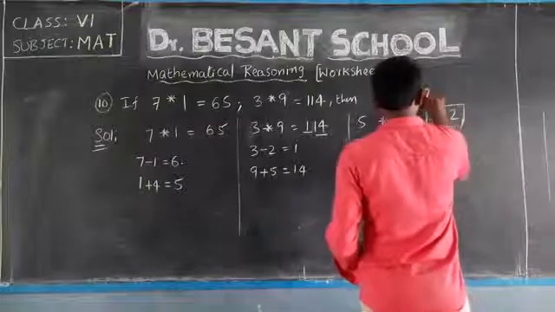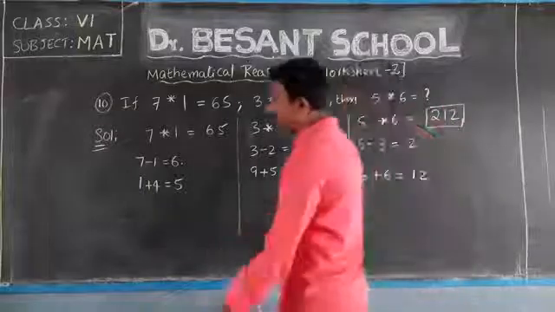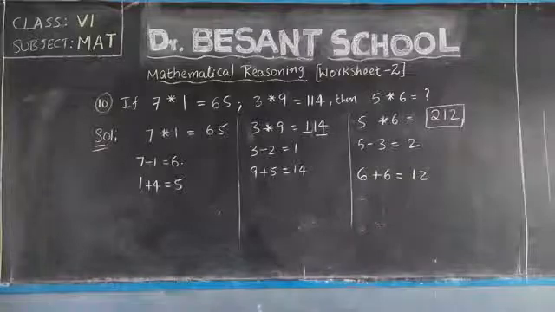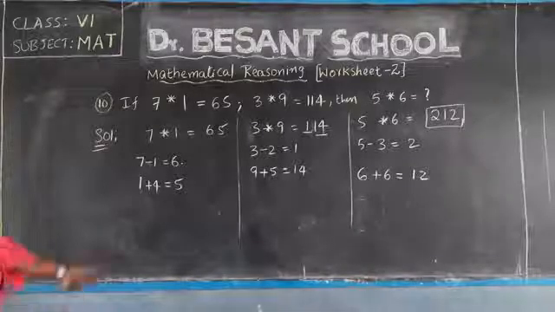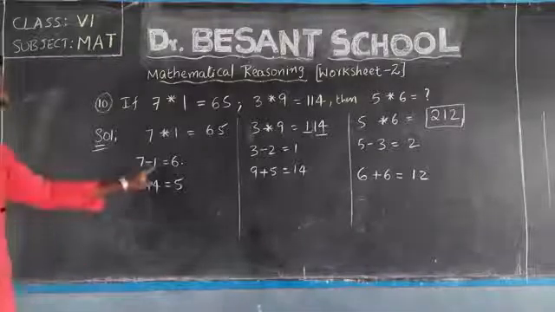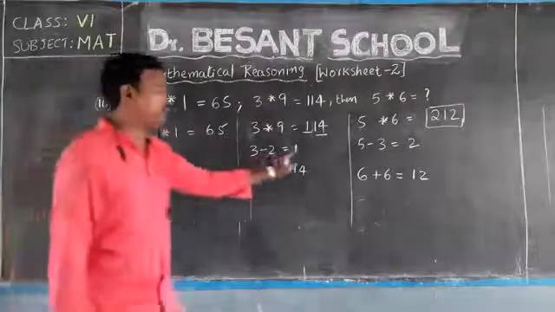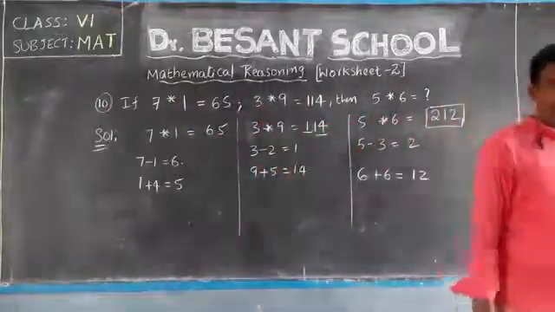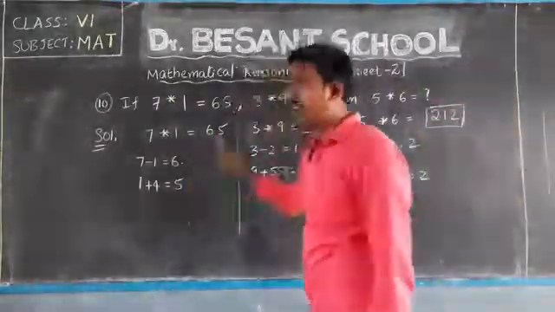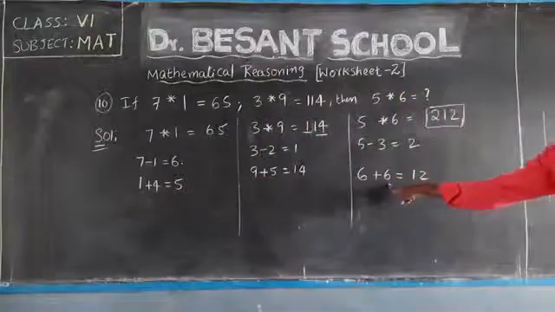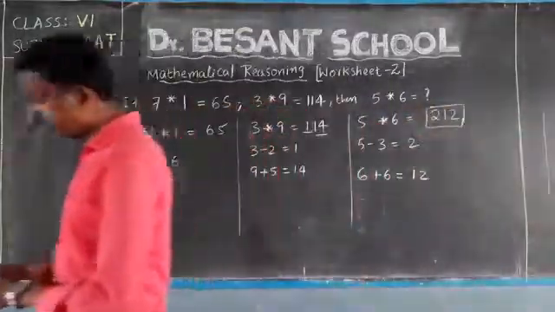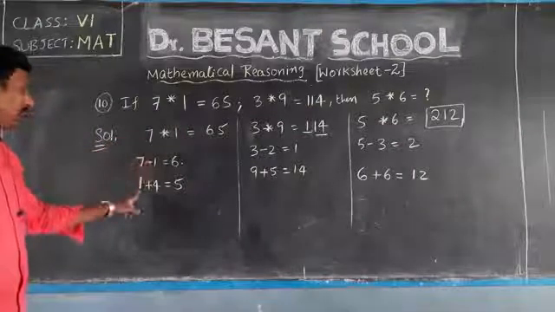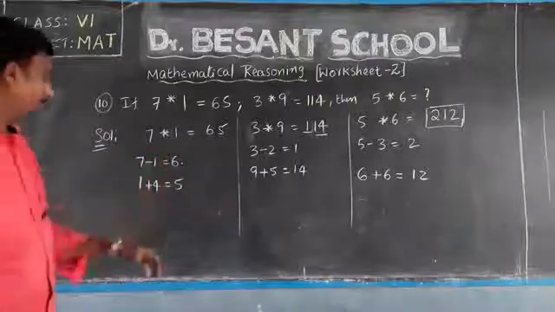Okay, my dear student, do you understand this? It's quite a different one when compared to the previous problems. So mathematical reasoning problems will be in this manner. We have to understand. Here two operations are performed by consecutive numbers: subtraction 1, 2, 3, and addition 4, next 5, next 6. You understand? So 7 star 1 equal to 65. How do we obtain 65 here? From 7 we have subtracted 1 and for 1 we have added 4.